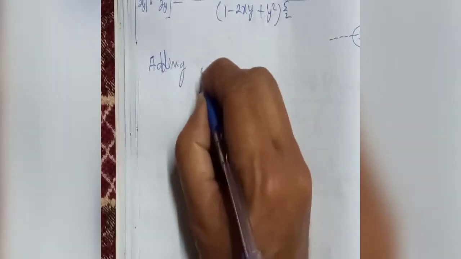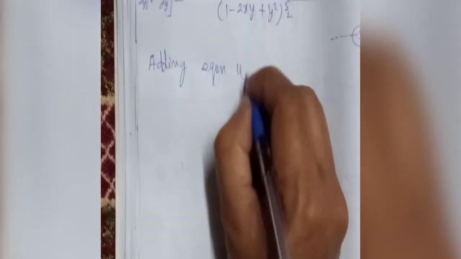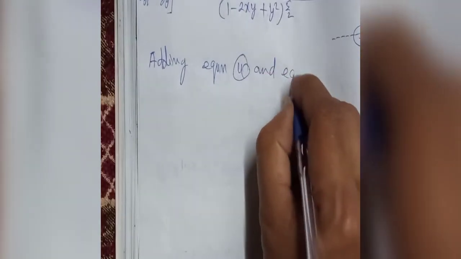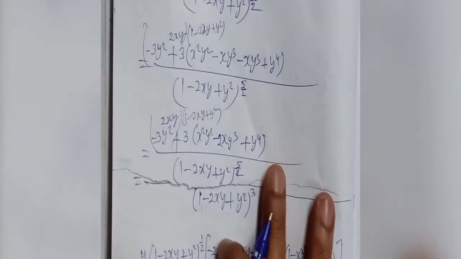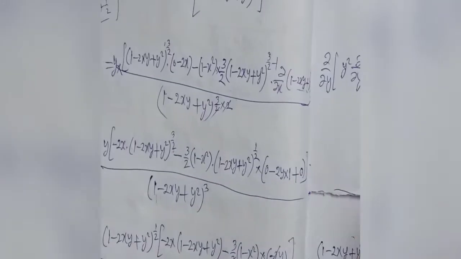Adding equation 4 and equation 5, we get on the left hand side of both the equations